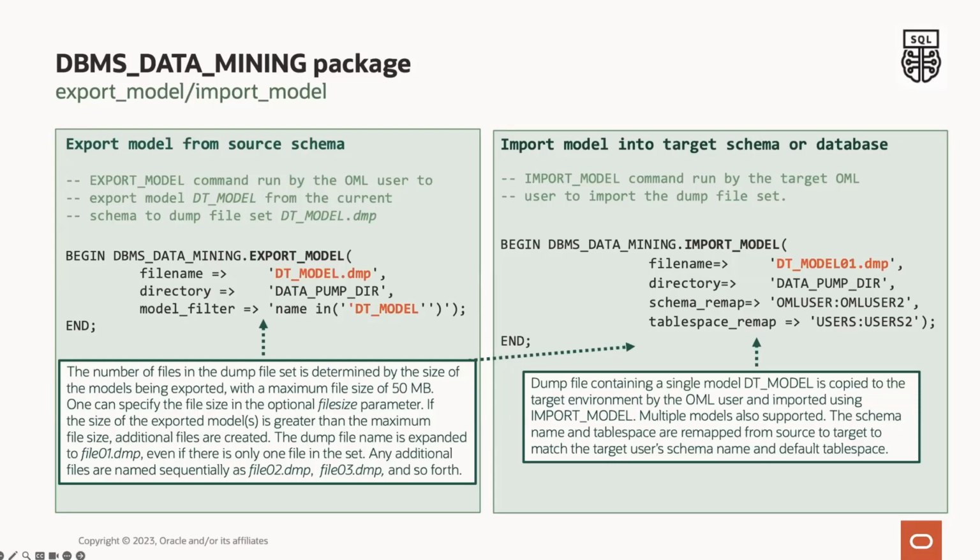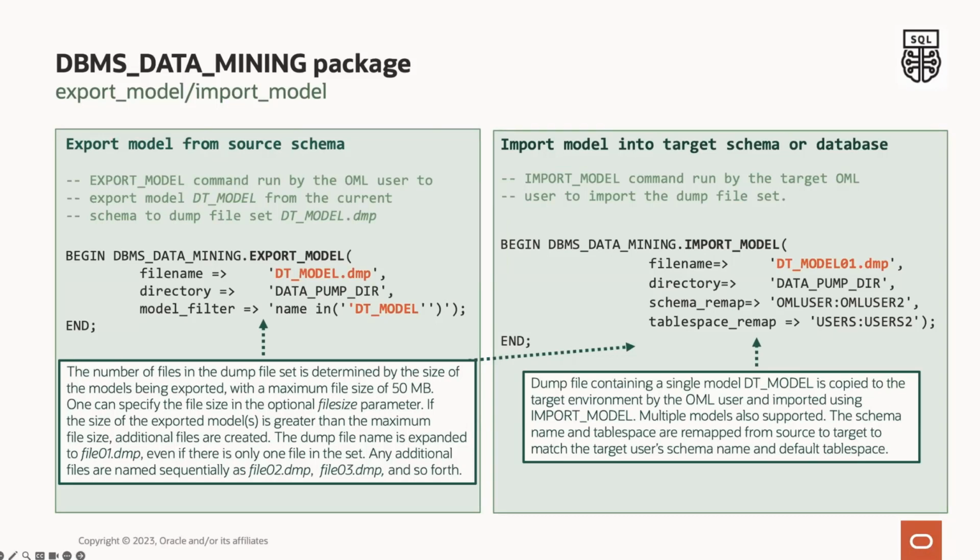The target schema can reside in the same database that is used for the export or another database. So on the left, you can see that OML user exports the model to the data pump directory. And like we briefly said in the previous example, any directory that is defined as a directory in SQL by the user and accessible to the user will work. And the model name is then expanded to file name 01.dmp as it did with the traditional data pump